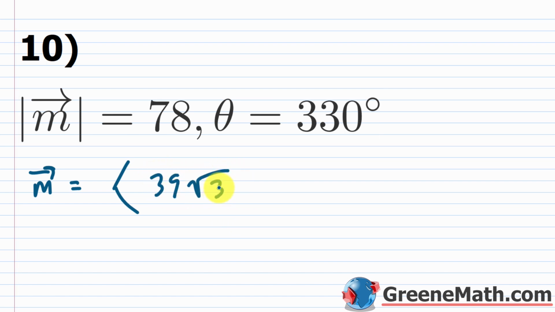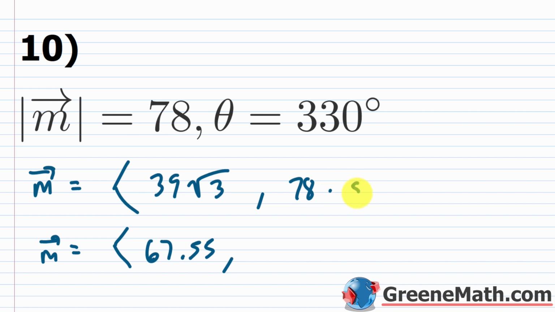Now, if you want to approximate that, you can say that it's about 67.55 if you want to round to the nearest hundredth, so you can put that in that way if you want. Let me actually list it both ways in case somebody wants to do it that way. So this would be about 67.55. So then this guy right here, you would just do the magnitude of your vector m, which is 78,